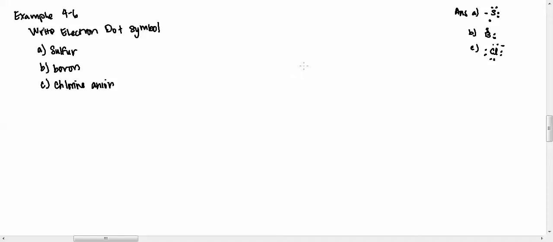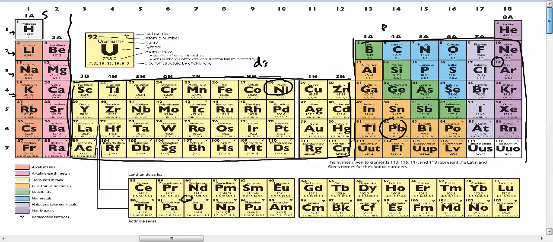All right, so I want to write the electron dot symbol for these different atoms. I've got sulfur, boron, and chlorine. And hopefully by now you figured out kind of a trick to finding the valence electrons. Essentially, this column number right here tells you how many valence electrons we're dealing with. So 1 valence electron for anything here, 2 valence electrons for here, 3, 4, 5, 6, 7, and 8 or